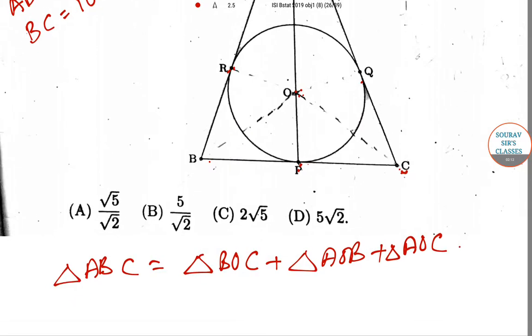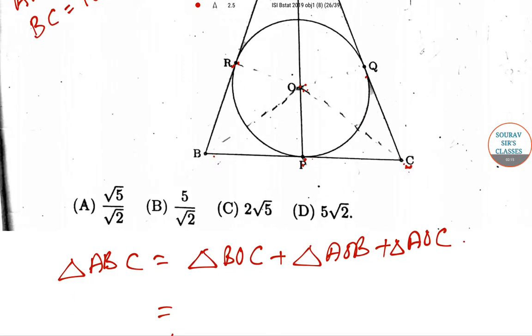Now the area of the triangle BOC is equal to half into base BC into height OP. We know the inradius is perpendicular to the base. So in the same way, the area of triangle AOB is equal to half into AB into OR